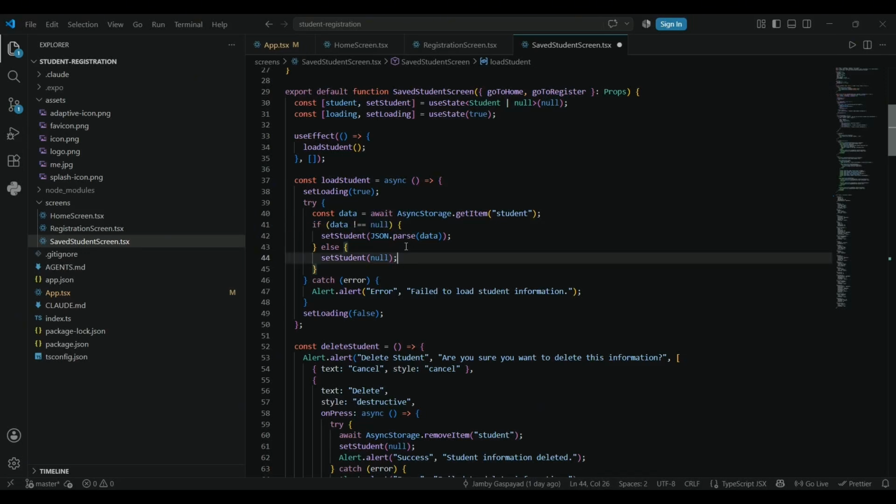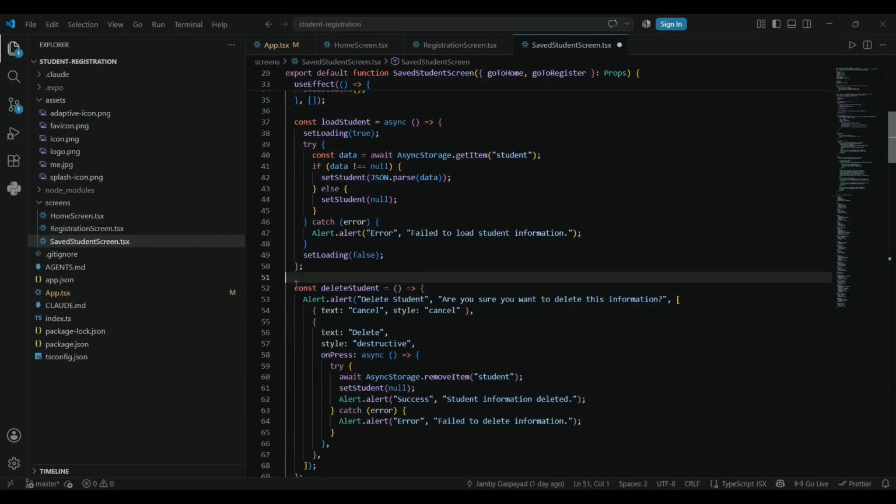Then if no data exists, the student state remains null. Then after the data has been retrieved, loading is set to false.